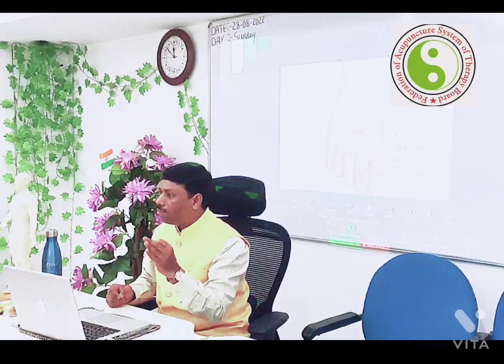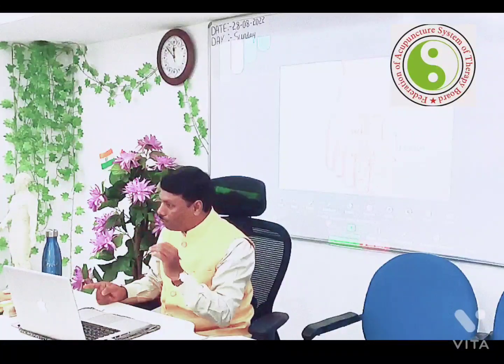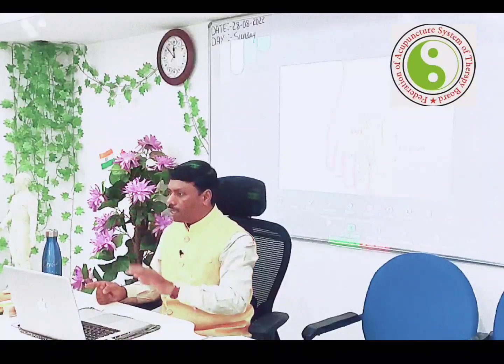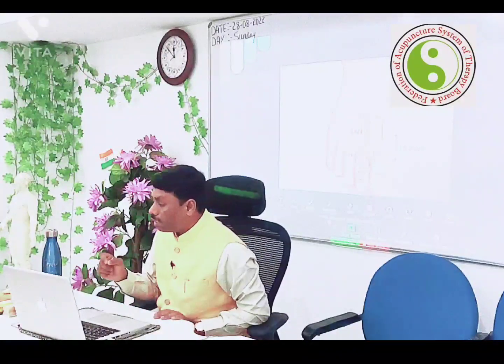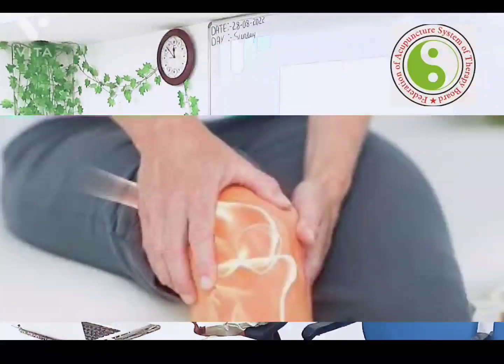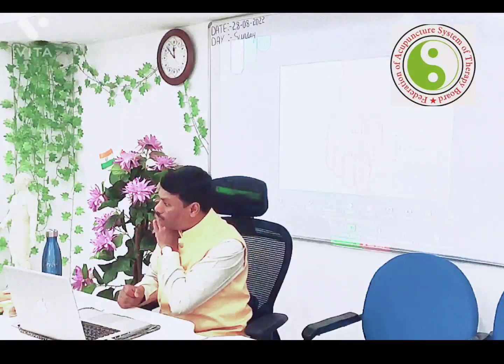When you do this procedure, definitely that treats knee pain, especially as the distal point for the knee region. If the patient is complaining of pain on the medial side of the knee, the distal point for the knee is liver 3. When you apply pericardium 6 on the opposite, non-affected side, and liver 3 on the affected knee, it is precisely good for treating numerous knee related problems, especially on the medial side of the knee or the medial collateral ligament, where the genicular artery gets affected. In that condition you can also use liver 3.